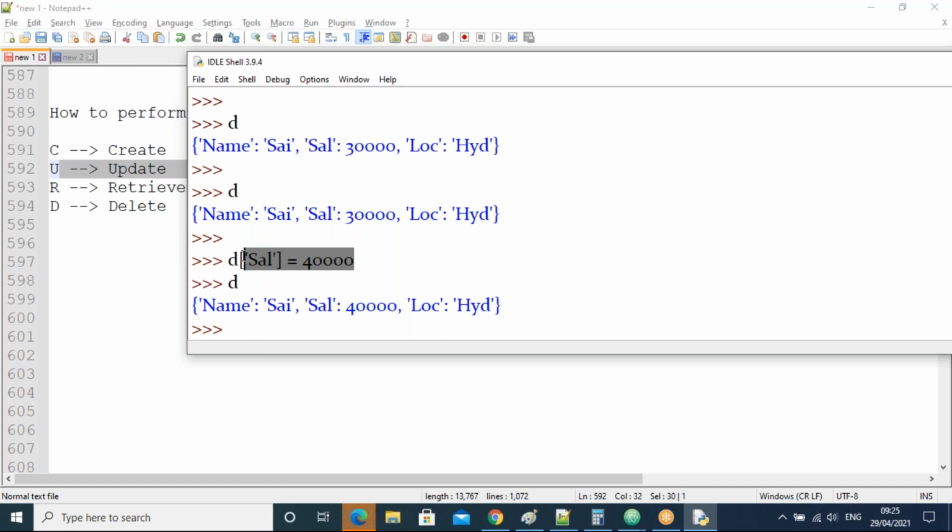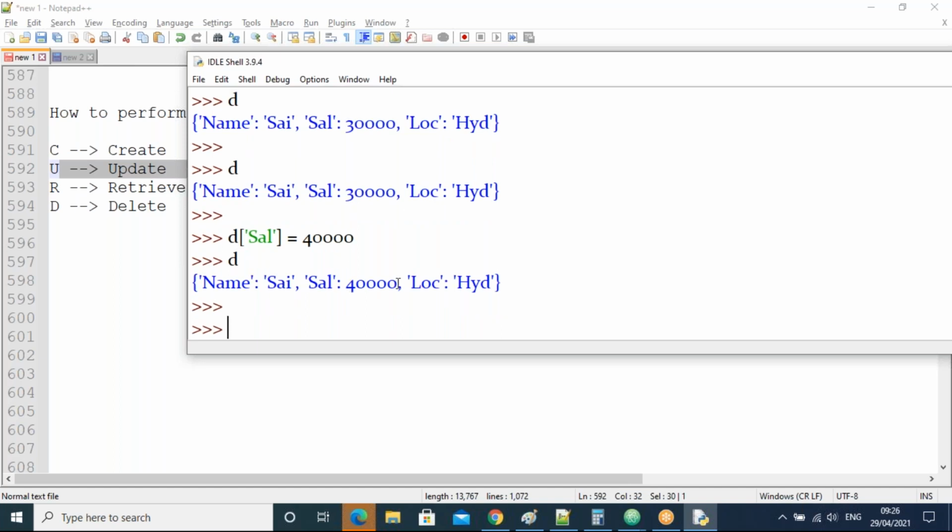The second way is there. What is the second way? Now, suppose, guys, how much salary is there? 40,000, right? Currently 40,000 is there. I want to make it 50,000. Then I'll take d of sal plus I will take 10,000.